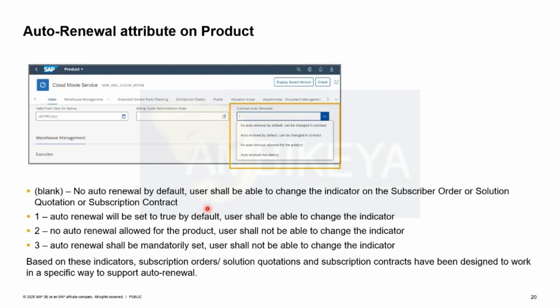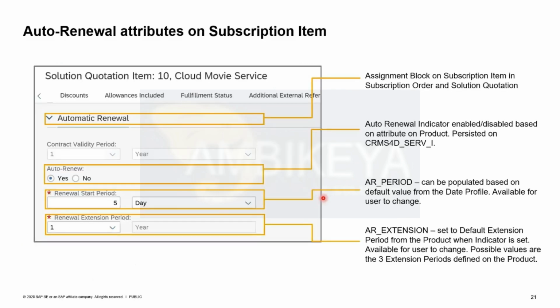Okay, so to support these various scenarios, we have introduced these various options here based on how a service provider wants to offer. He can define this during product modeling. So if the default setting can be changed from ordering, then in the solution quotation in a subscription item,